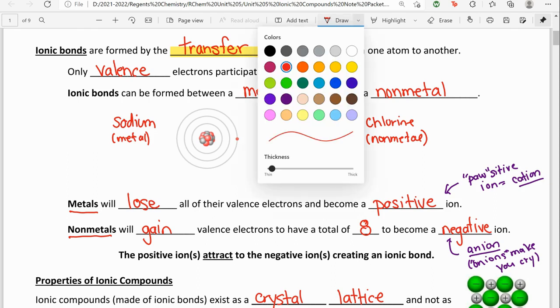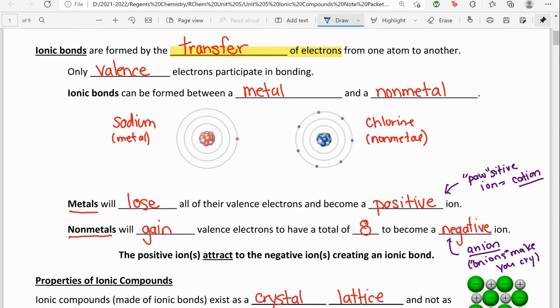And we're going to first just focus on ionic bonds that can be formed between metals and nonmetals. So in this case, we have our metal, sodium, which has 1 valence electron, and then I have chlorine that has 7. What's going to happen is those metals are going to lose all of their valence electrons. So for sodium, it's going to lose this 1 electron, and it's going to transfer it over to the nonmetal, which is then going to gain that electron to get a total of 8. So again, this is a complete transfer